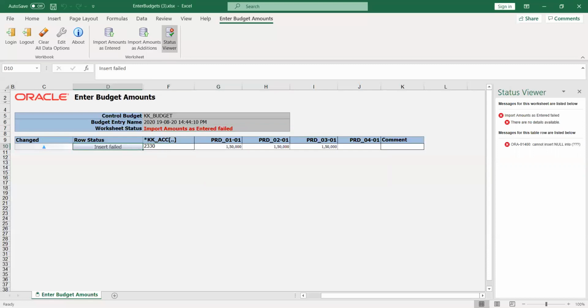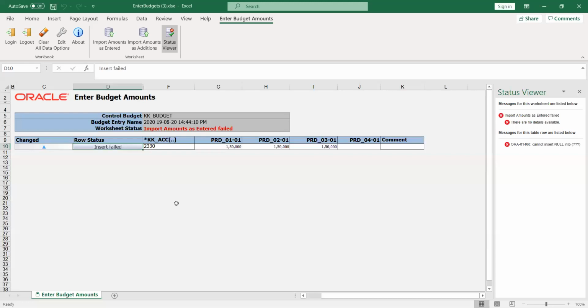Maybe the account code is different, I think. Let me check once. Do you need to give the full combination, or only the account?